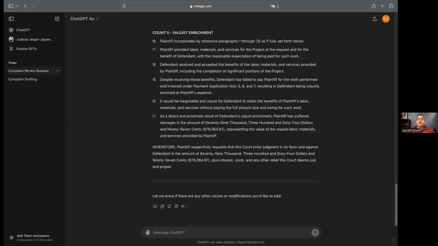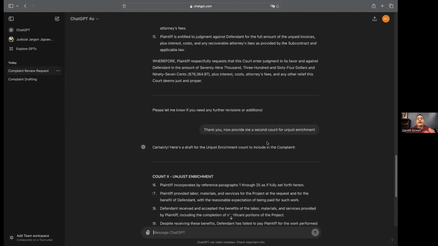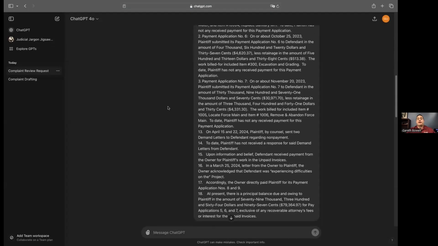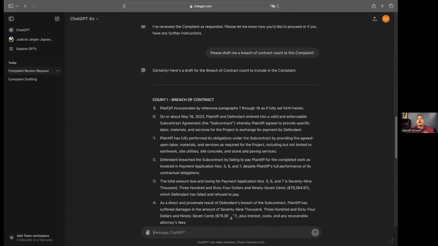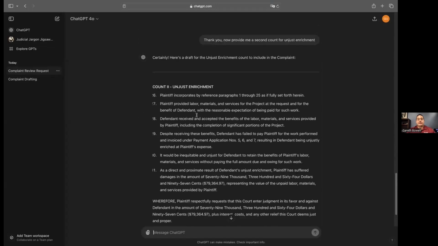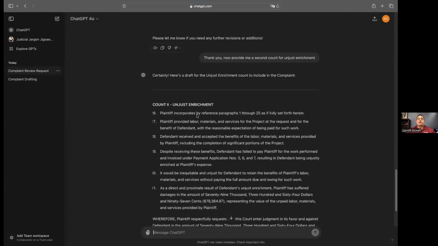And what you can do is you can actually give it the law. You can say, here is the Virginia statute for computer trespass. You paste it in, right? And then you paste in the facts that you created for the complaint. And then you say, based on these facts, based on that statute, draft me a count for this complaint for computer trespass. And it'll do the same thing here that it just did for breach of contract and for unjust